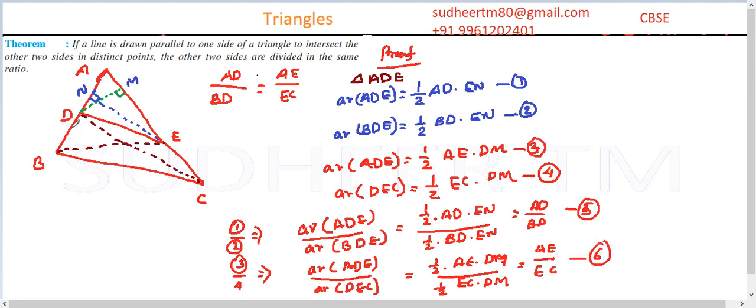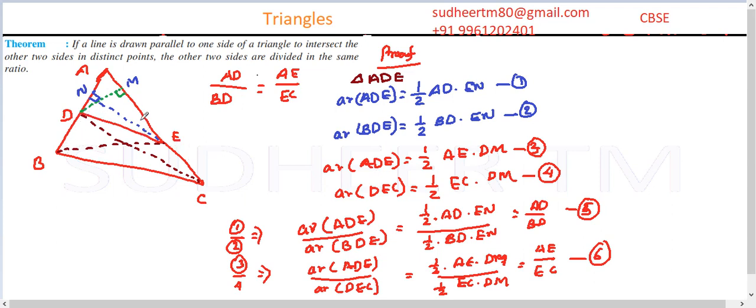Now here comes an interesting fact. Consider the triangles we divided in the bottom part, BDE and DEC. These two triangles, BDE and DEC, the ones marked with the black lines. Okay, BDE and DEC. What is the importance? What is the specialty of the two triangles? Both triangles are constructed on the same base DE. Understood? Both triangles BDE and DEC are constructed on the same base. DE is the base.